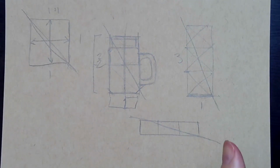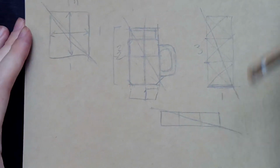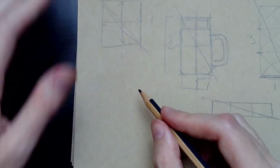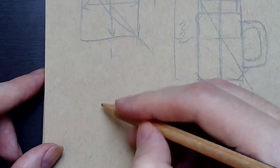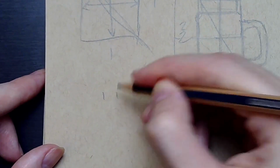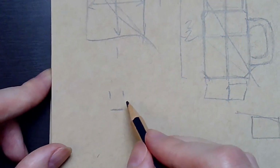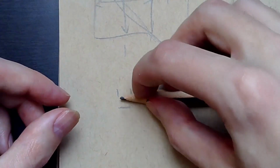So something you can do once you know the proportions like this and you have it kind of figured out, you can draw it as large or as tall as you want. What's going to change it is that very first mark that you put down. So if I make the width very small like this and then I make the bottom here, since the whole object, my drawing, is based on the width, this is going to be a very small jar because the width is only